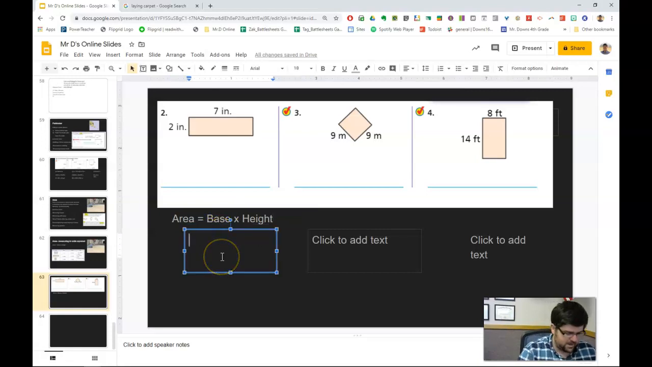So with this one, 7 inches was my base, and I can multiply that times 2, and that's going to equal 14. And remember, it's inches, right? Those sides are inches, but I'm turning that into,